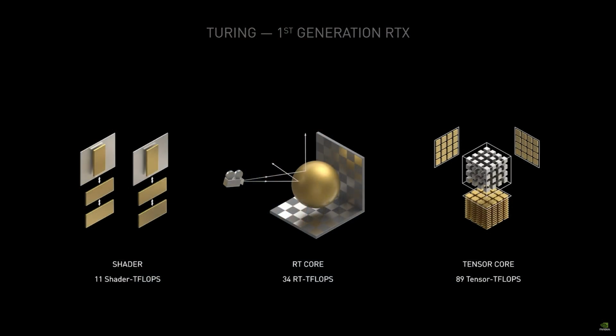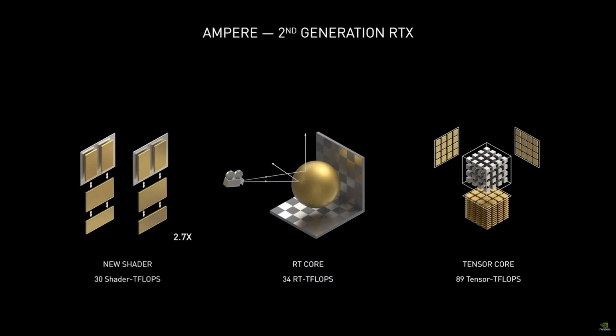Now, that might sound kind of disappointing, but you have to remember that Geekbench 5 is a very compute-heavy type of benchmark, and the Ampere GPUs are also a very compute-heavy architecture. So that means these RTX 30 series GPUs, of course, are going to have a very strong showing in a benchmark such as Geekbench. That doesn't necessarily mean that the RX 6900 XT is going to get beat by the RTX 3080 in